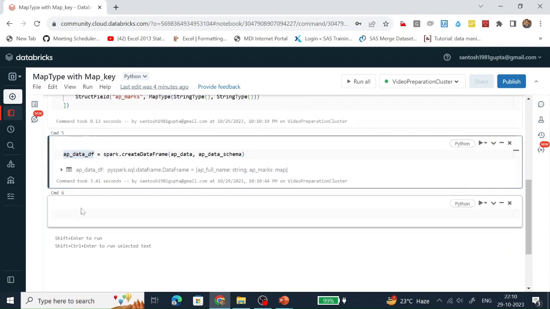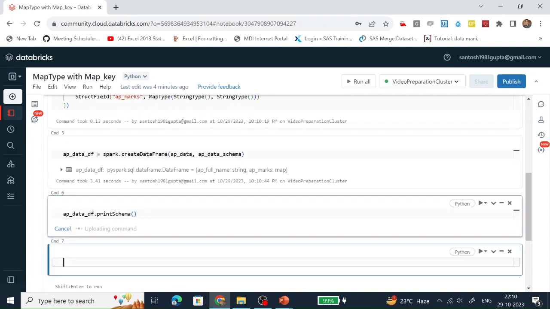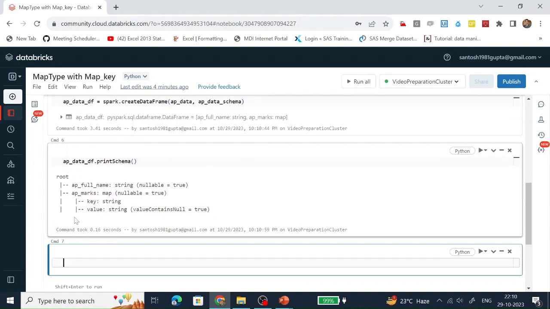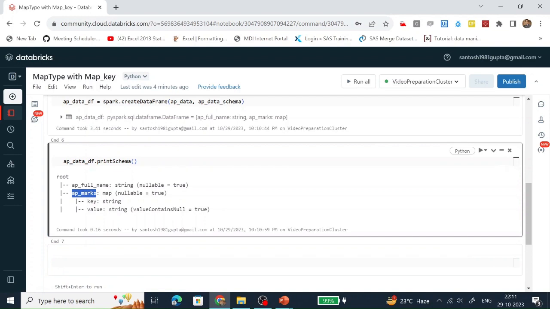Let's see the schema of this data frame. We can see here that AP marks is of map type, and key and value are of string type. Let's see the content.